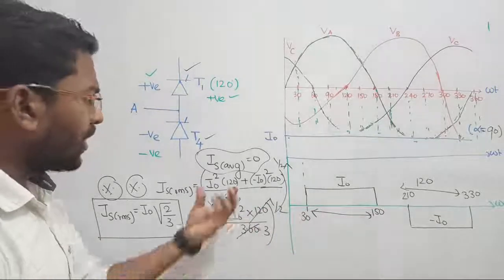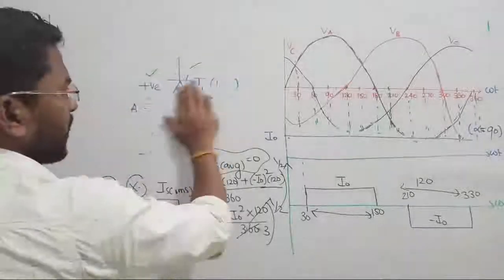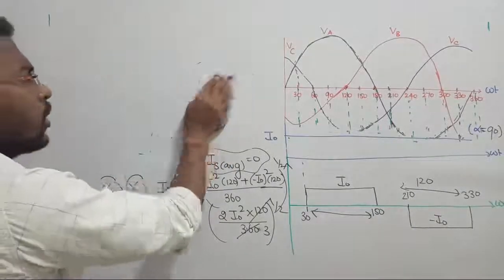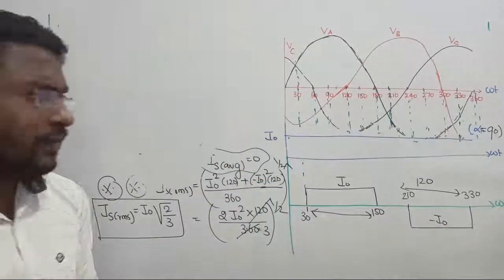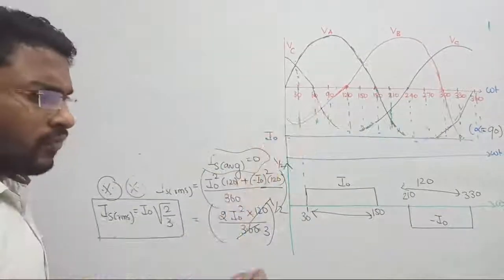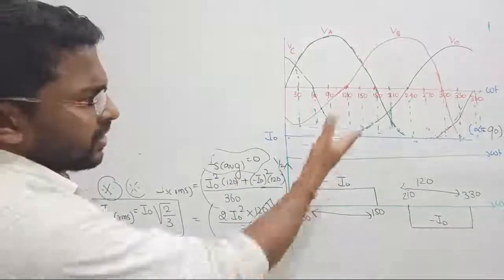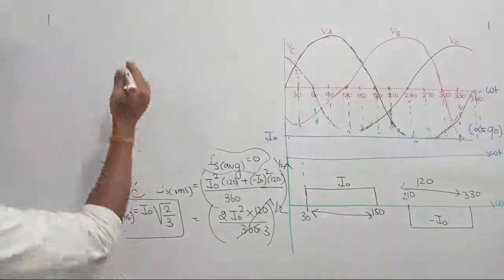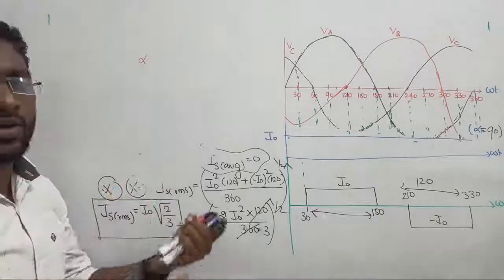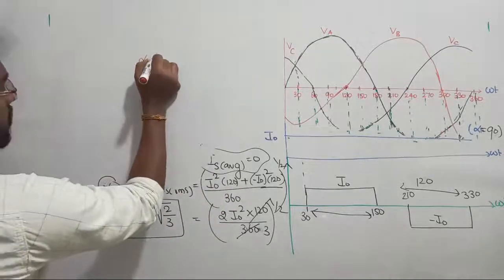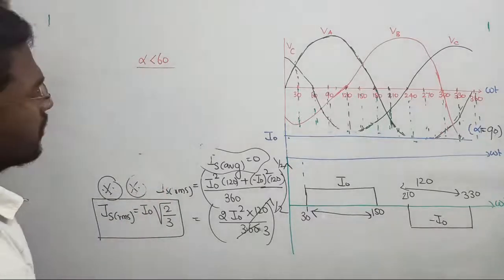Now here, I would like to conclude one more small thing, right? And I am requesting all, please in your free time, investigate. Till now we saw how to calculate the circuit turn-off time, right? Anyway, I don't want to do this here, but we know how to calculate the circuit turn-off time. We have been habituated, right? I am giving a small investigation. Take this waveform in your free time, calculate the circuit turn-off time for two things. One is for discontinuous conduction and one is for continuous conduction, right? For the continuous conduction, alpha is less than 60, right? In that case,